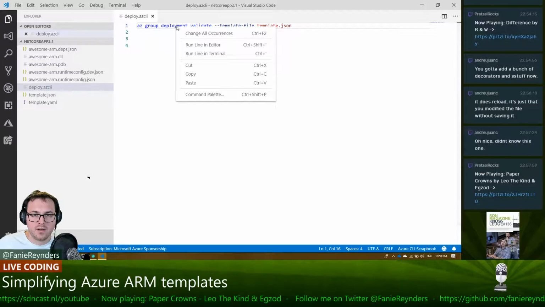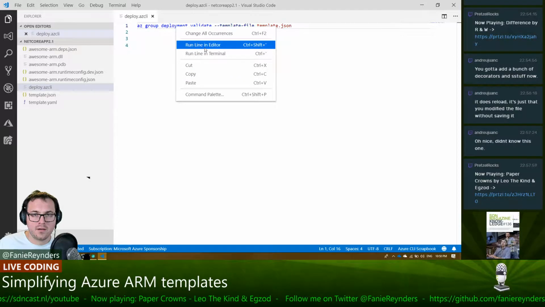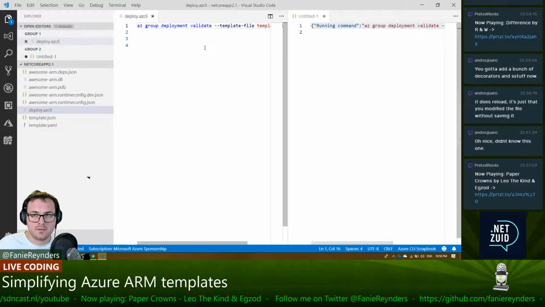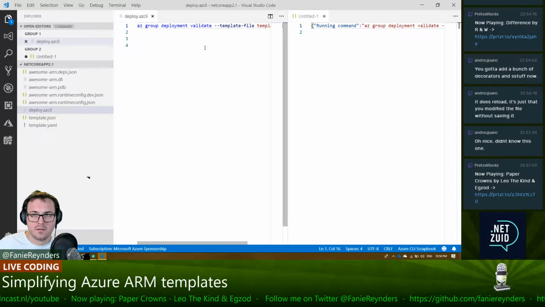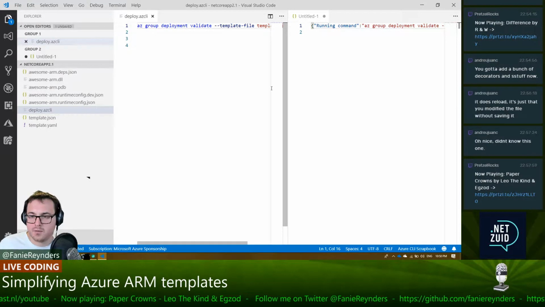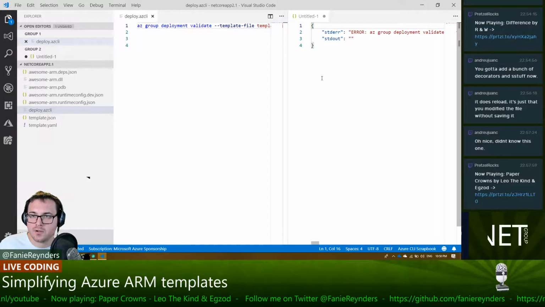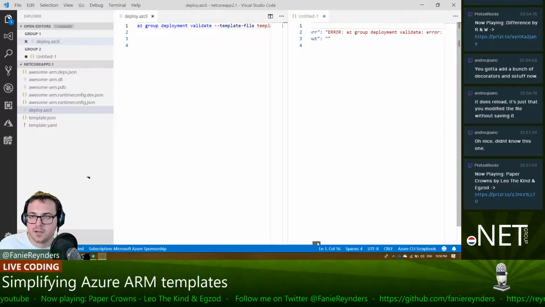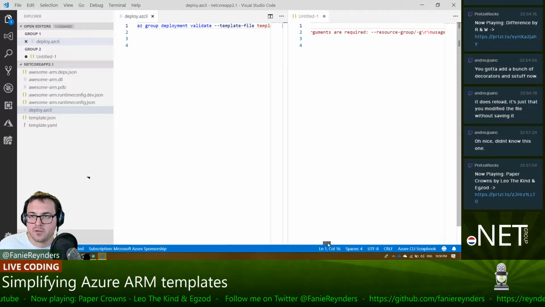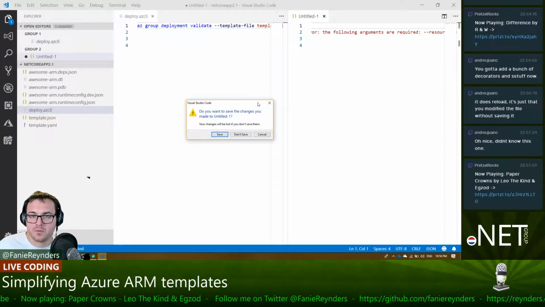Alright, so I can go there and I can say run in editor. Okay, and what does that do? Oh, yeah, it's actually quite cool. Deployment error, the following required the resource. Okay, I don't have a resource group, so we'll just quickly